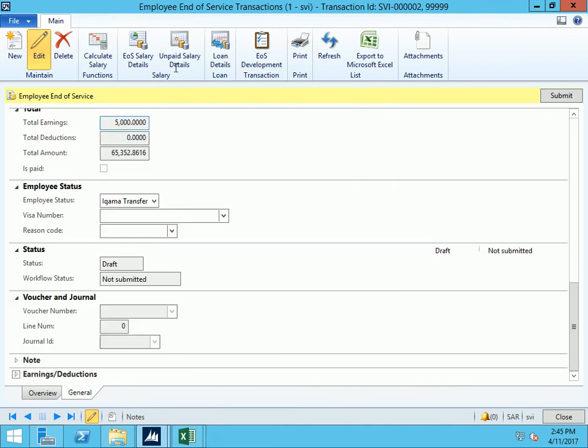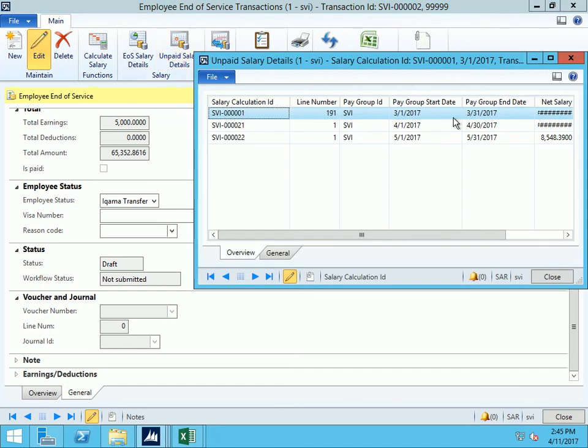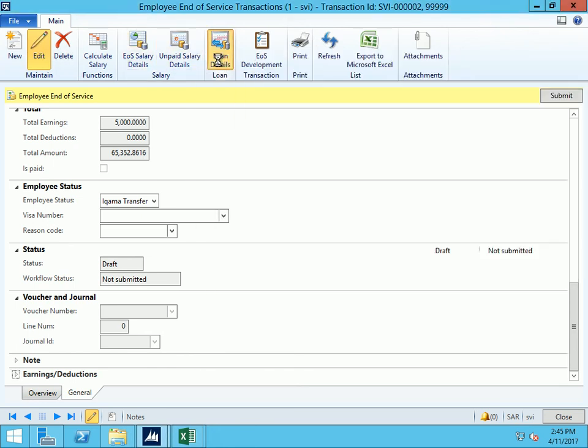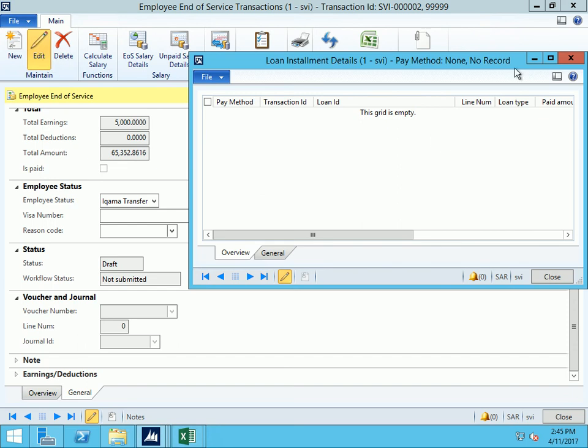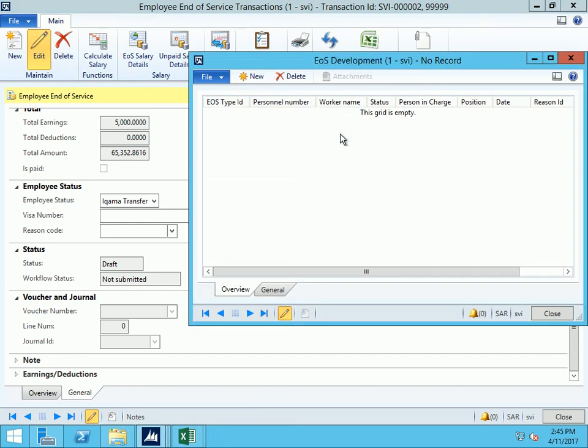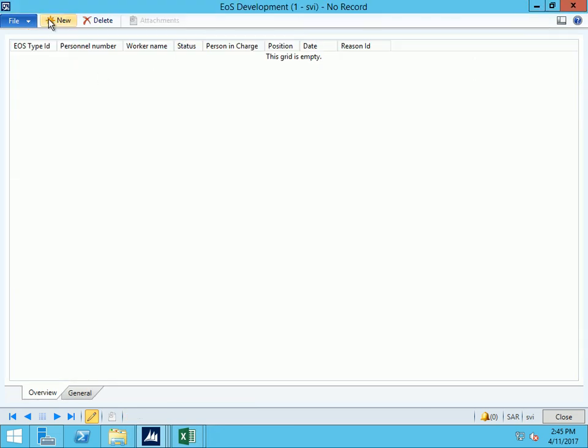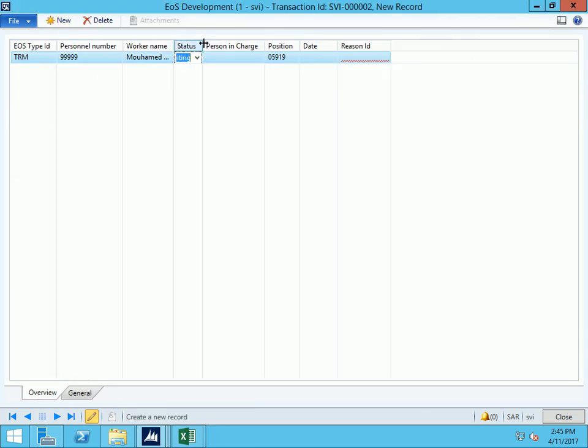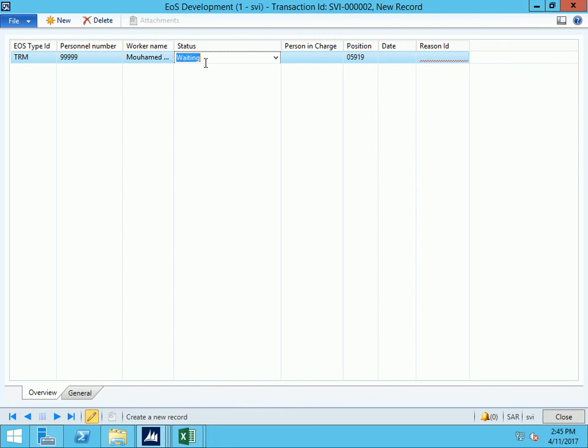From here you can check the unpaid salary details, the salary not taken. Also you can check the loan details if the employee has a loan. Also you can put any development here. What development can you do here? Suppose this employee